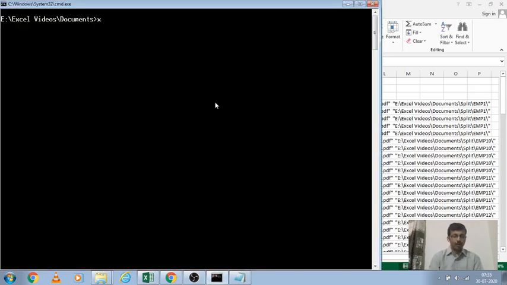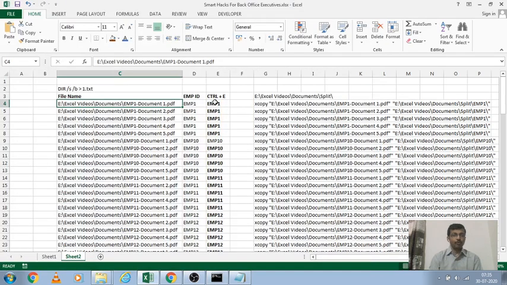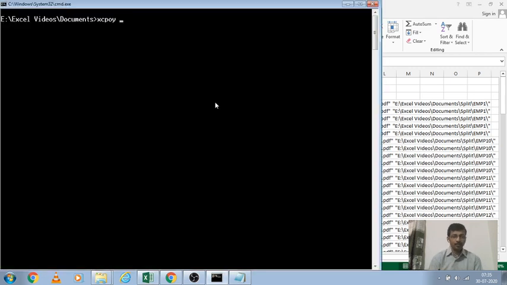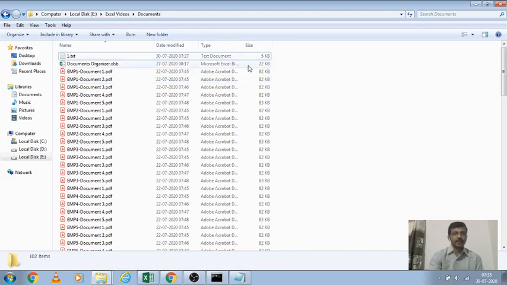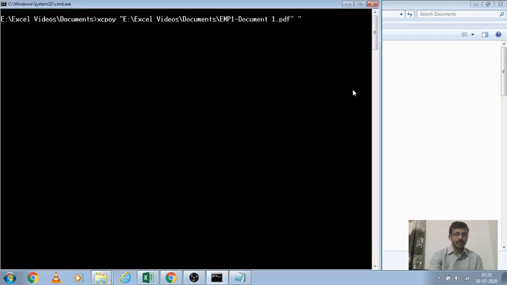To copy the files effectively with more options, I am using the XCOPY option. Since our path name or file name have spaces, we should enclose them in double quotes. Copy the source file name, close the double quotes, followed by a space, and we have to mention the destination. The destination should be here; we have to create one more folder. Let us see how to do it.